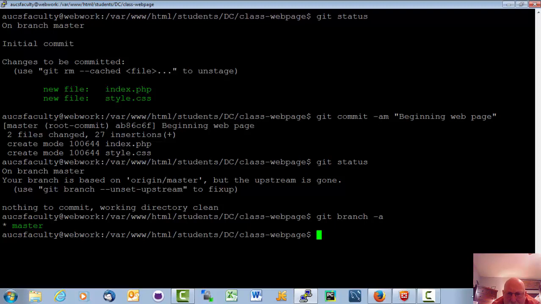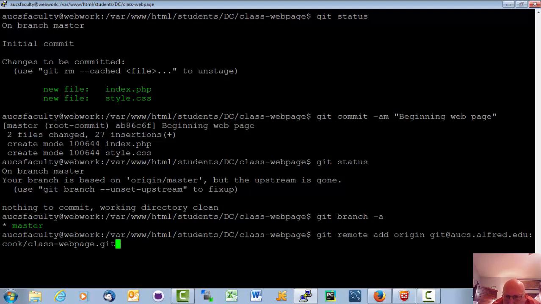Okay, so upstream, this is on the server we're going to be using to serve up web pages. The upstream is in GitLab where we were, and those two are supposed to be connected. That's when I did the git clone from GitLab down to this page. So somehow that connection got broken. You can do a git branch -a, and that'll show you all the things that are available to you, and there should be an origin remote branch. So I'm going to have to set